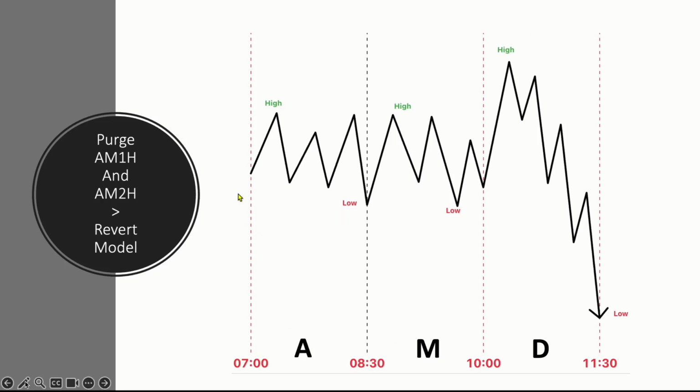And then finally, the third scenario that we will be looking at is a purge of both the AM1 high and the AM2 high and a revert model. So what we are seeing is the following. We're seeing that both the accumulation cycle and the manipulation cycle were going sideways. Why does this occur? Again, due to a high impact news driver being later on within the AM session,